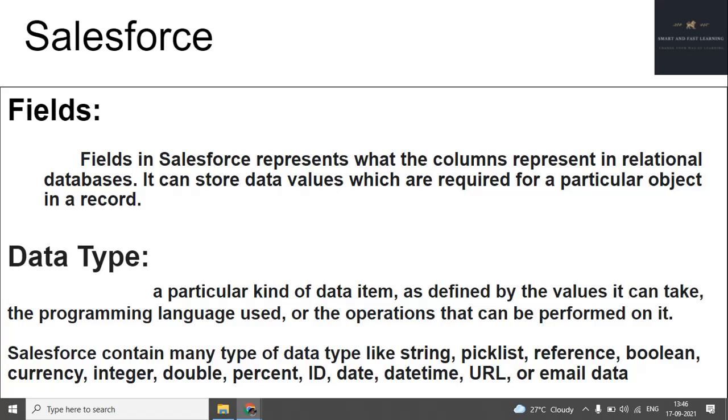If you want to store a Gmail address, you need the email data type. If you want to store a particular list, then you have to choose list. Means whatever type of value you want to store, you have to choose the same type of data type. Data types are nothing, it's just a type. It just defines what type of data you are going to store.